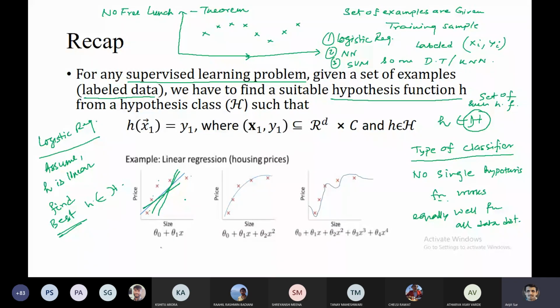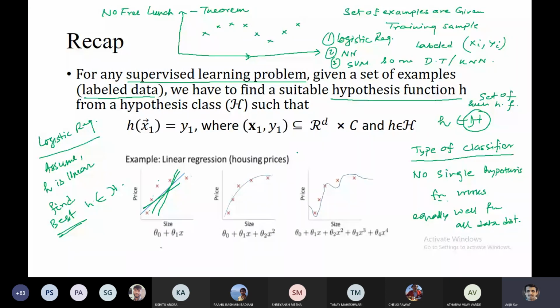If it is non-linear, this may be a curve of this sort, or a more complicated curve. It's a curve of lower degree polynomial, and this is a curve for higher degree polynomial. Understand? So this is the whole story